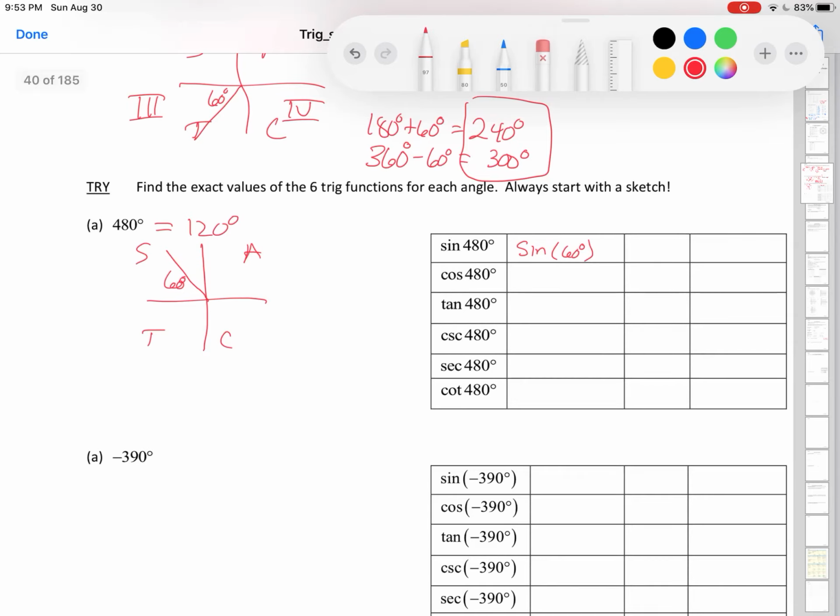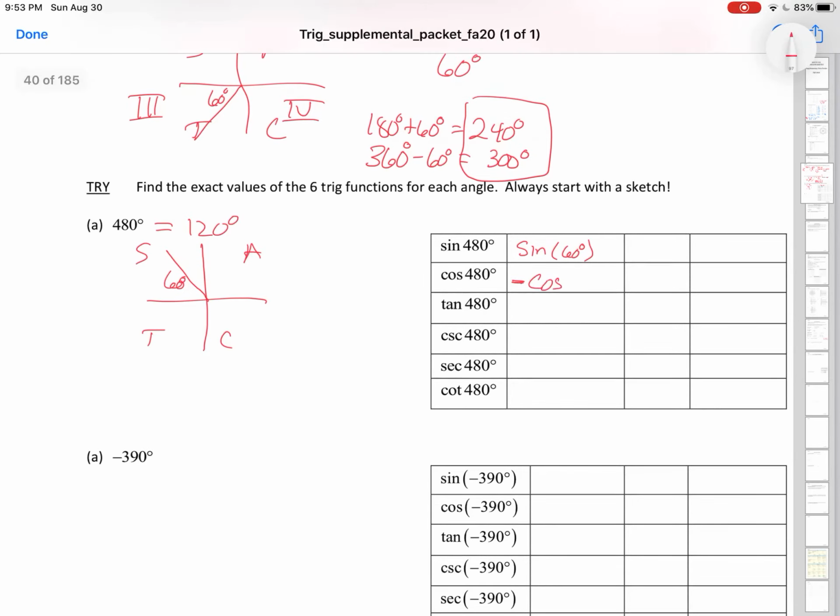The only reason I left that sign positive is because it's positive in that quadrant. So my cosine is going to be negative. My tangent's going to be negative. And we're just relating everything back to the first quadrant angle. Why? So we don't have to memorize so much. We're taking advantage of patterns and repetitive cycles that we'll see in other ways. This is going to be the cosecant of 60 degrees and positive, but negative secant 60 degrees and negative cotangent